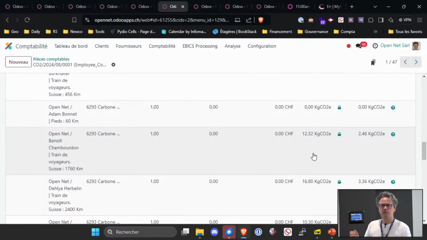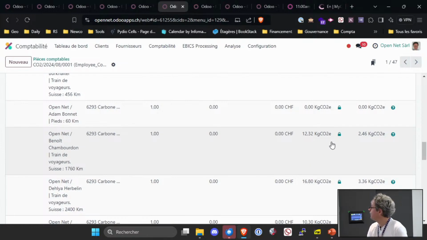Every time there is a new employee, the HR officer will ask, okay, how are you commuting to the office? If they know that they are taking a day off because the guys are moving, for instance, from one place to another, they will ask where are you now and how are you going to commute. So this is not only the ESG officer, the one responsible for the climate strategy within the company, but this is basically the entire company and the entire departments who will be involved on a daily basis.